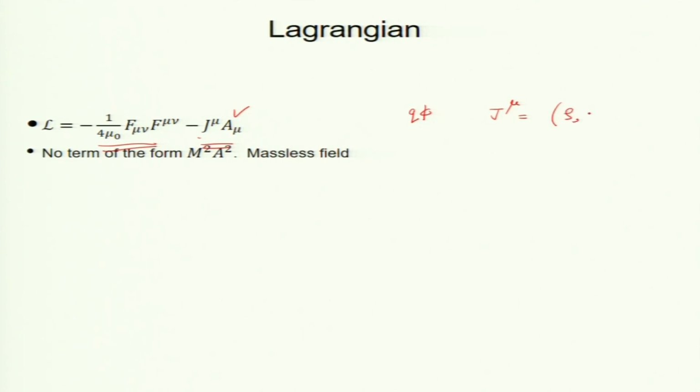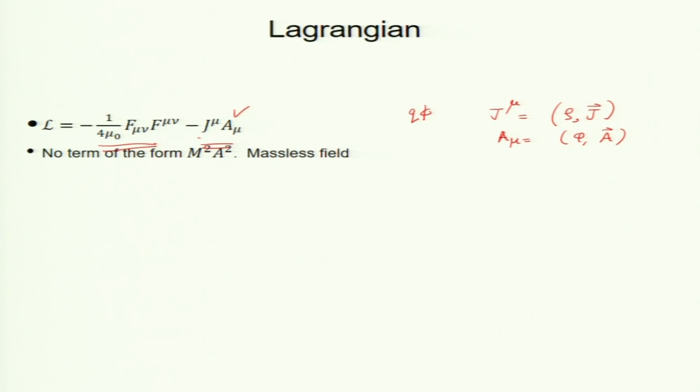Charge density and current, right, that is a thing, and A mu is what I wrote before, phi and A. So, take a dot product of these, then that is why you get the interaction, which we already know. So, J dot A and rho times phi with a minus sign will come.